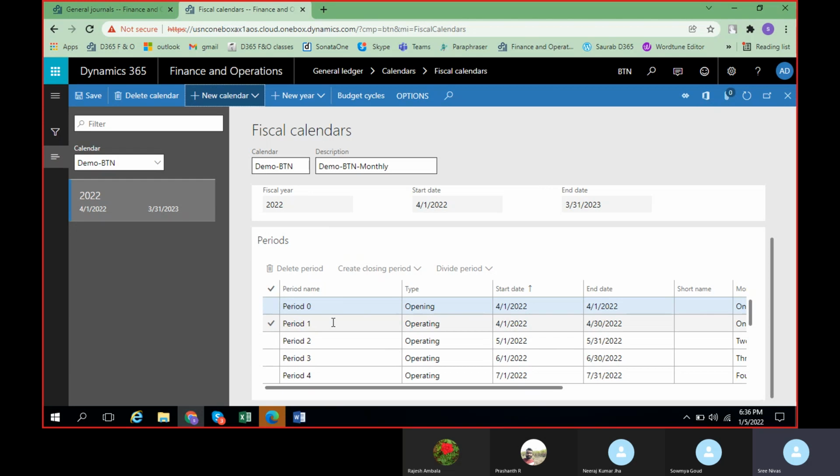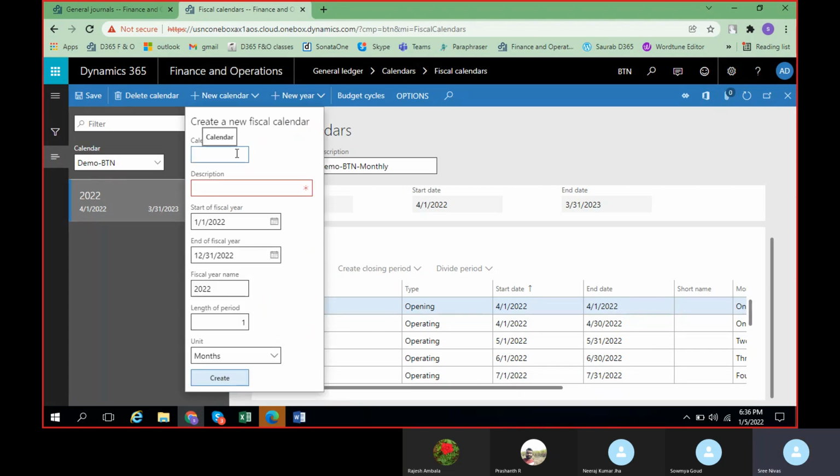So if you see here, period 0 by default got generated, and then the closing period 13. So a total of 14 periods will get generated here. We will see one more, that is for weekly.